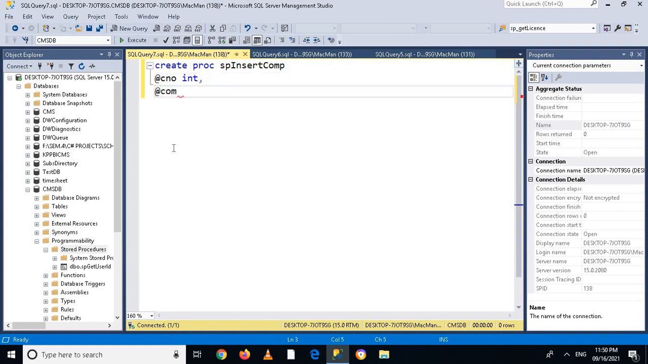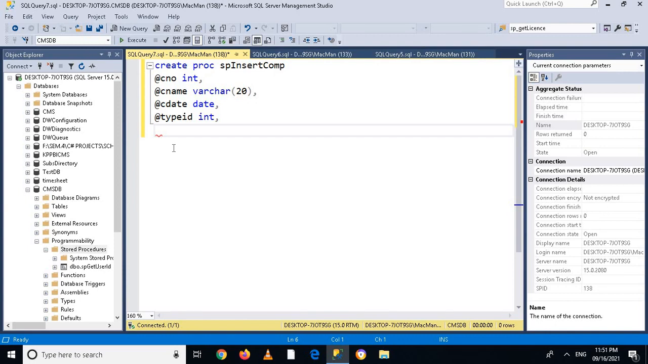So @c_number, which is int, comma, and then @c_name, complainant name, which is varchar 20, and then comma, and @c_date, which is date, comma, and then @type_id, which is int, and then is @mark2. So @mark2, which is varchar 20,